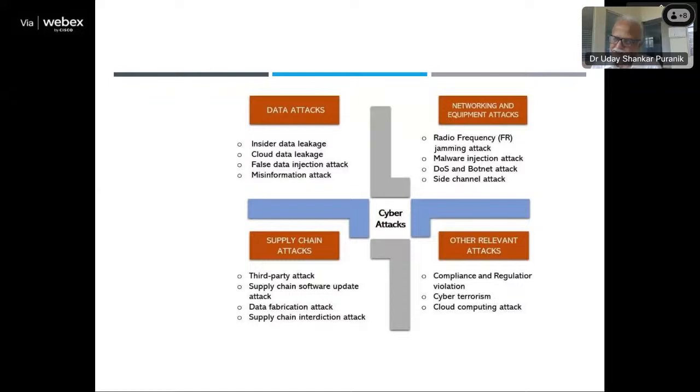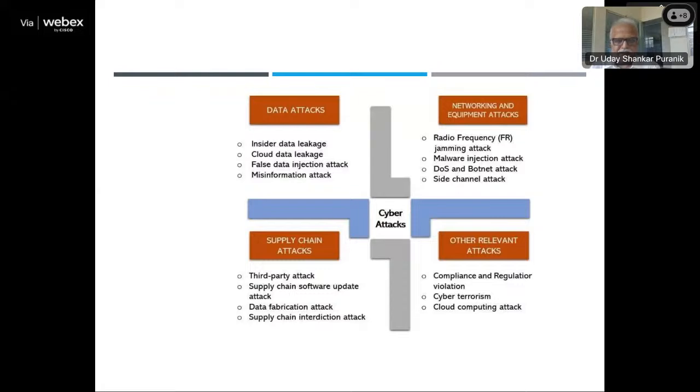It's not very exhaustive, it's just indicative. One is, they try to attack the data which is being collected by the drone or the entire ecosystem itself. So it may be trying to collect the data which we have already collected using the system. They may be trying to tap that and take it, or if you are storing it in cloud, then they may be trying to access the cloud and take it, or they may be trying to